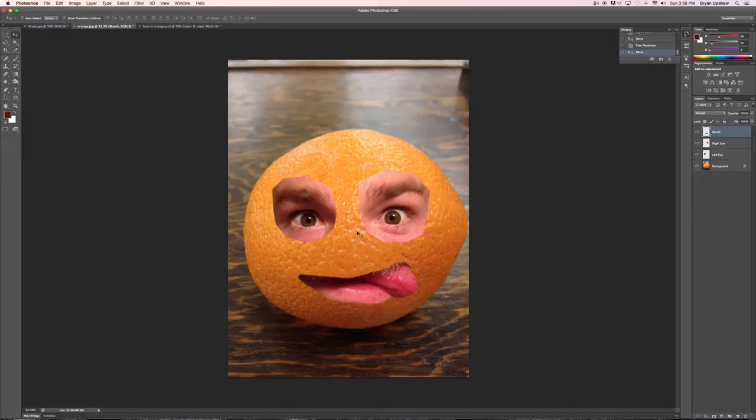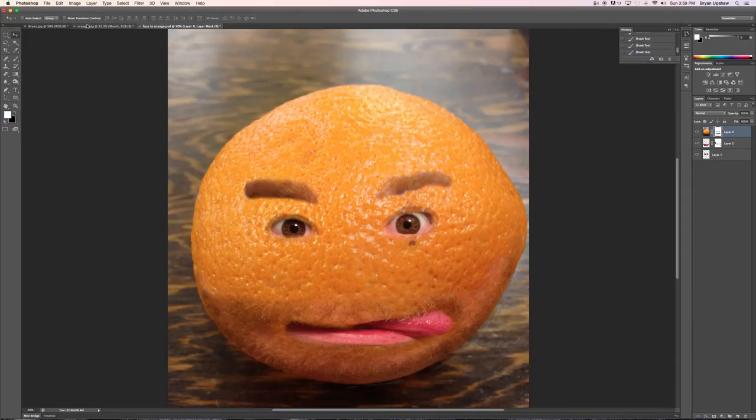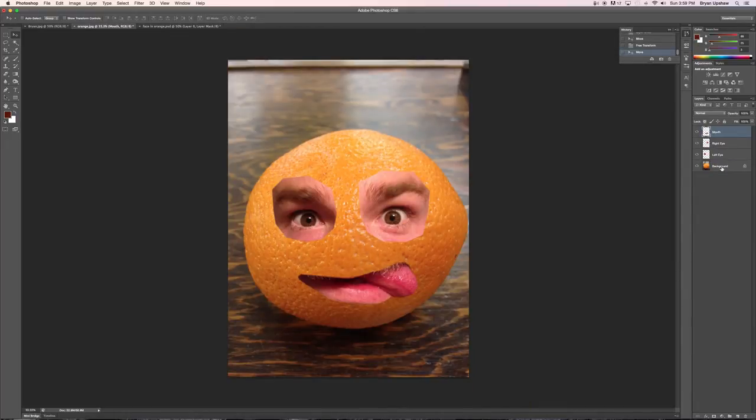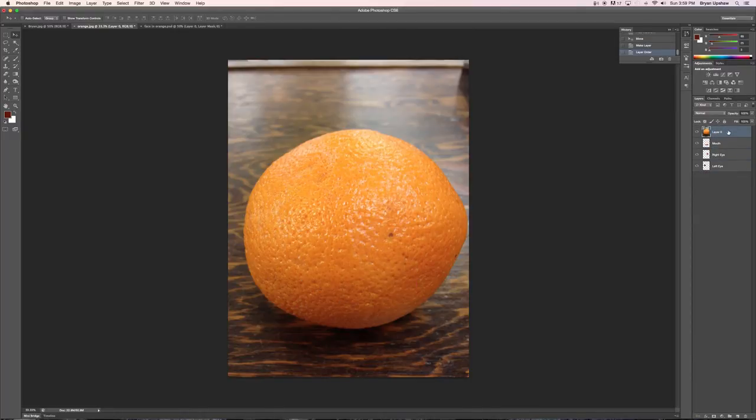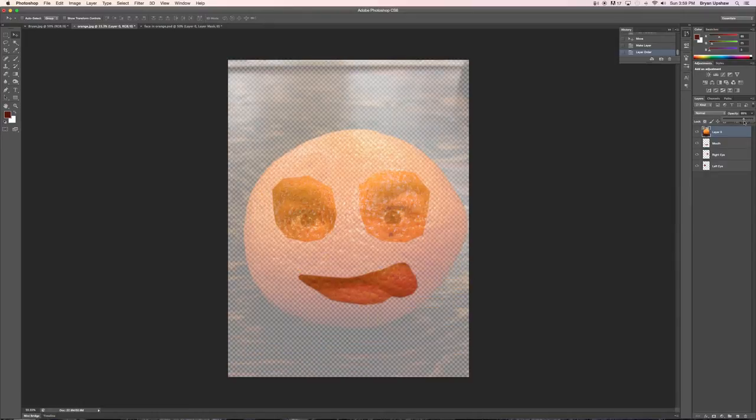Alright, so we've got our three main elements, but it still doesn't look all that great. What we want to do now, let me go back over here and see what I did. Alright, I'm going to double click this so it'll let me drag it around. I'm going to bring it up to the top. And you could leave the orange at the bottom, but it would just take a lot longer. It might look a little bit better once you got it perfectly, but a simple way to do it is just bring essentially your background up to the top, add a mask to it,